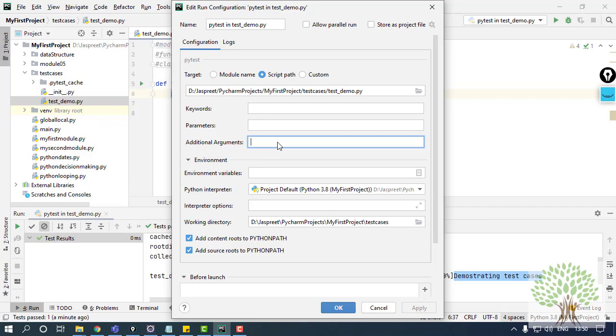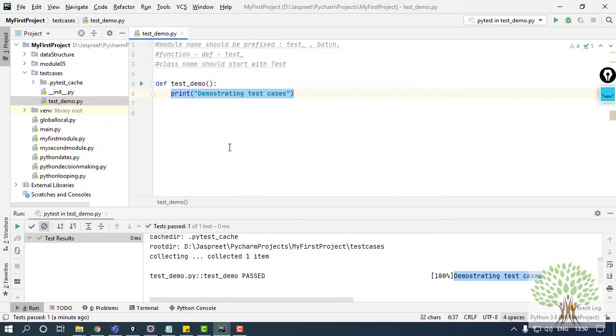Now to display the print statements, whichever you write in the test case, on the console, you have to use the marker -s. Fine. Once you add it in the additional arguments, click on apply, OK, and you are done.